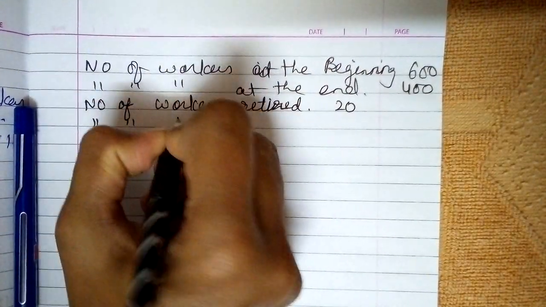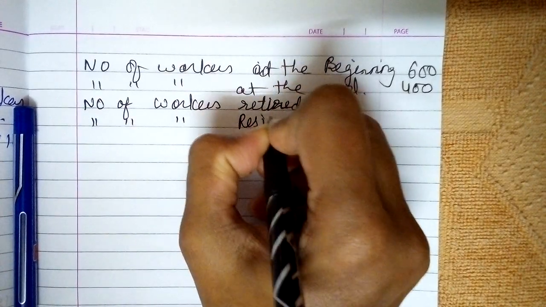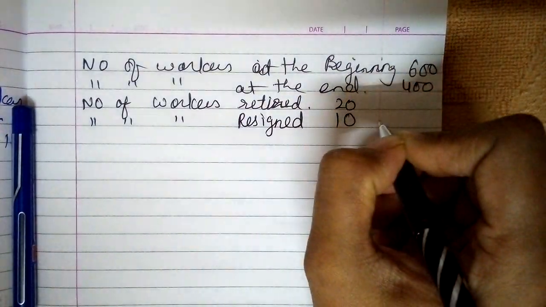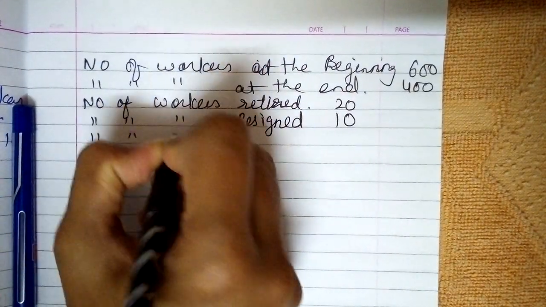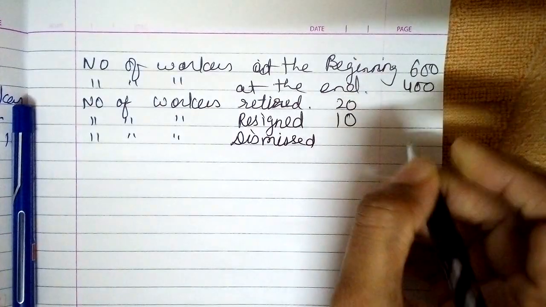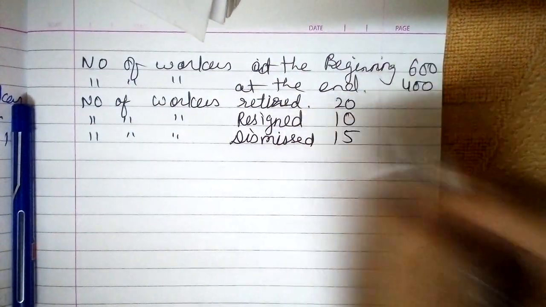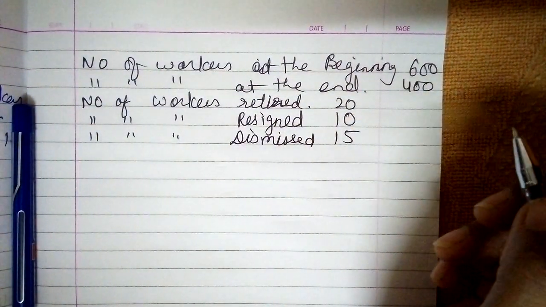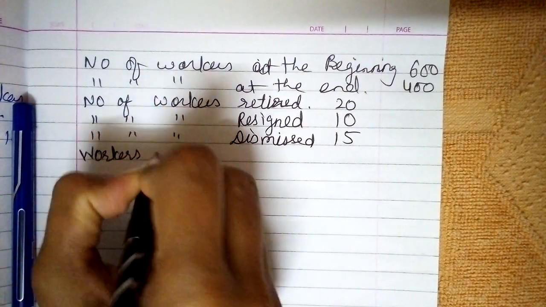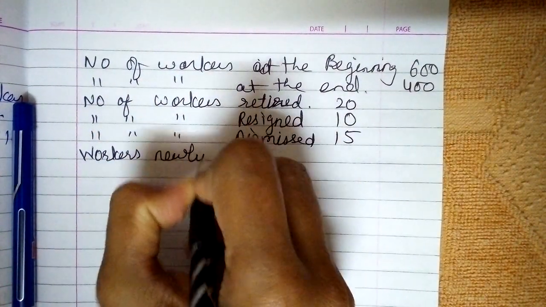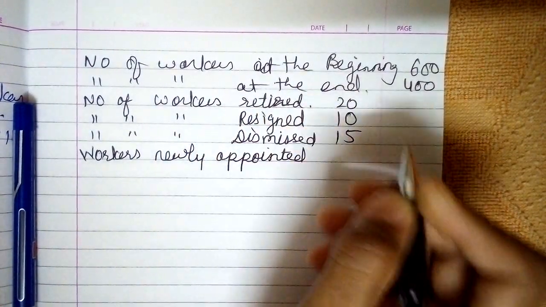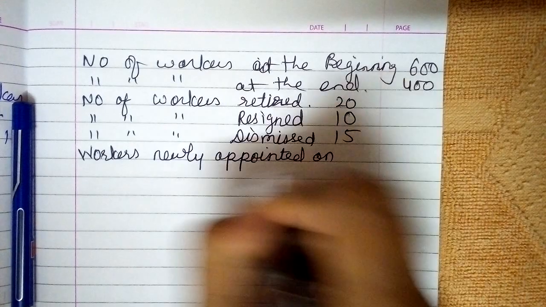Then number of workers resigned 10. Then number of workers dismissed 15. And workers newly appointed on